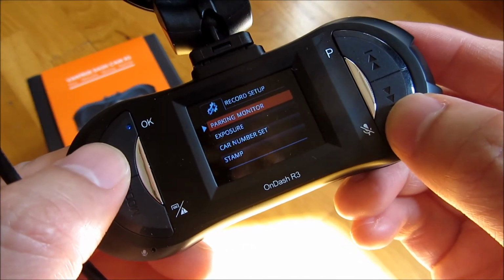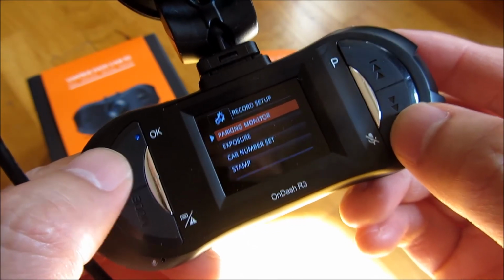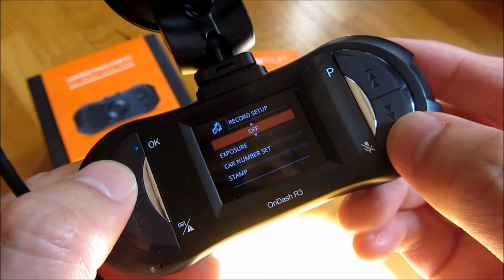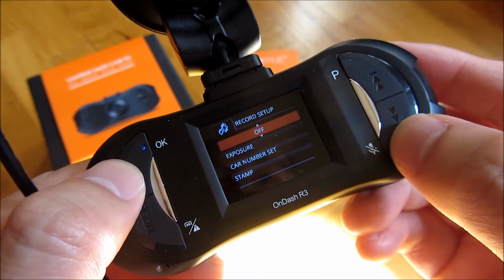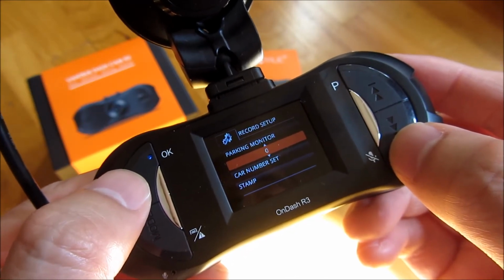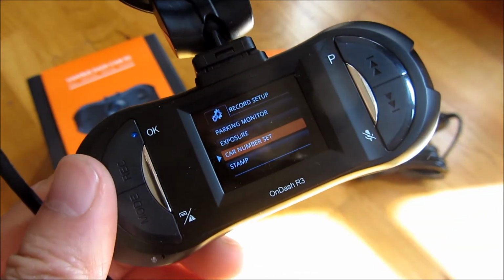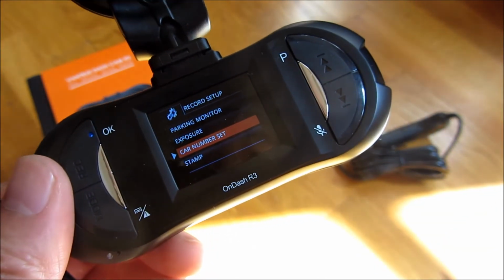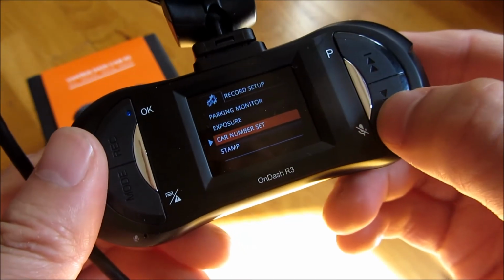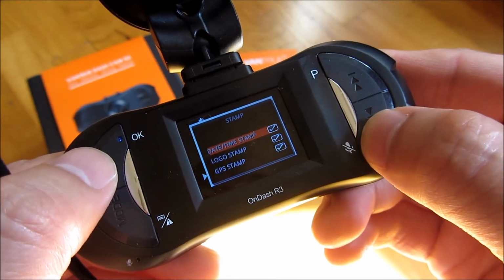Now going down, parking monitor, so that's the motion detection. And to have that, you really need it hardwired into your car. So I have it on at off. Exposure, I'll just have it at the default 0. Car set, so that's whether you want to set a number on the video itself. So I'll skip that. The stamps, so it lets you choose what's on the video,